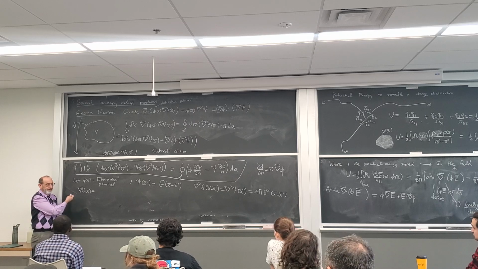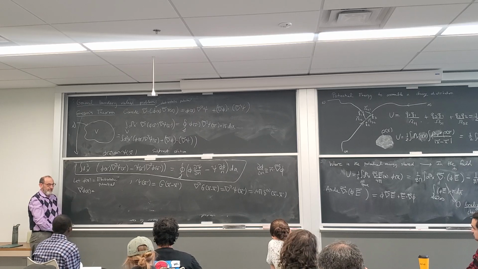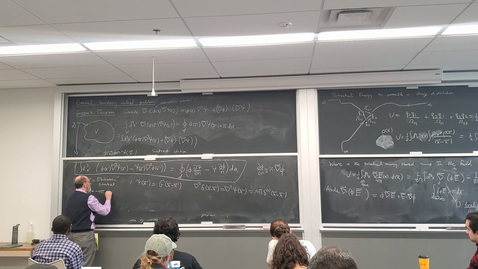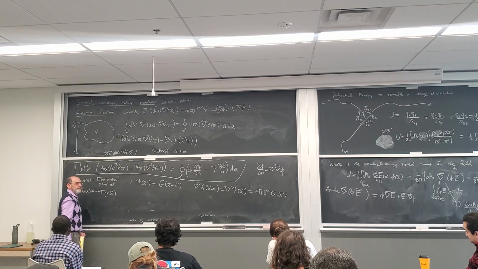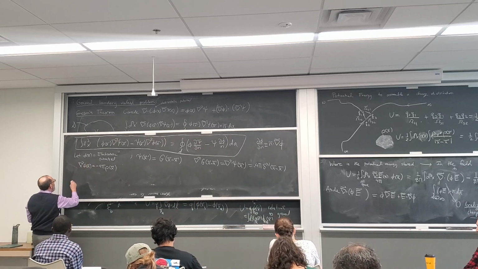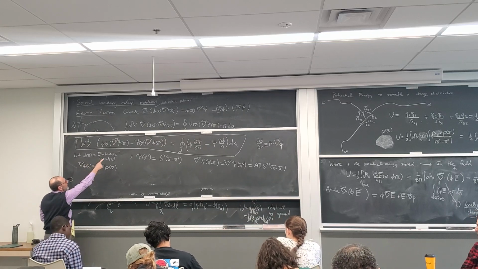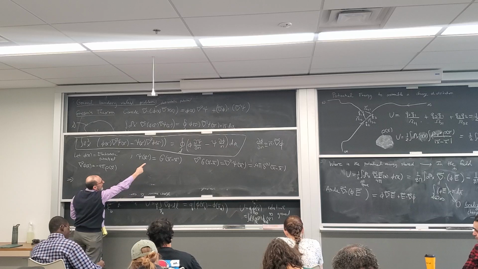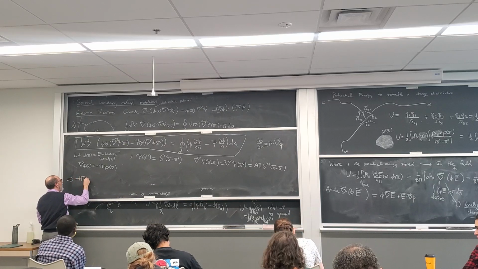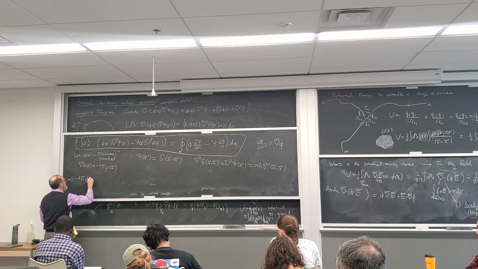This is the Poisson equation, right? And so this is equal to minus 4 pi rho. That's the Poisson equation. So I plug that in over here, and what do I get? The first term gives me a delta function. I can integrate over that, and I'm going to get minus 4 pi, the potential at position